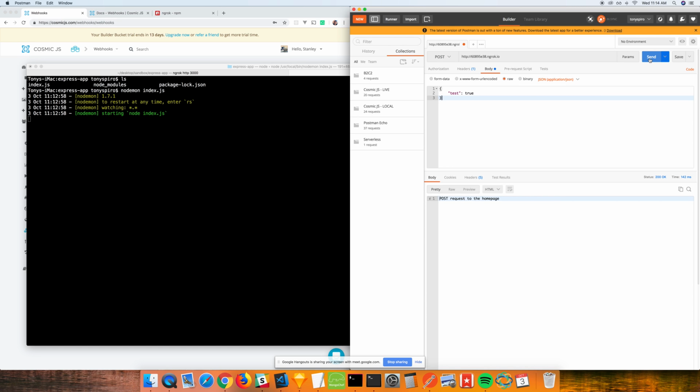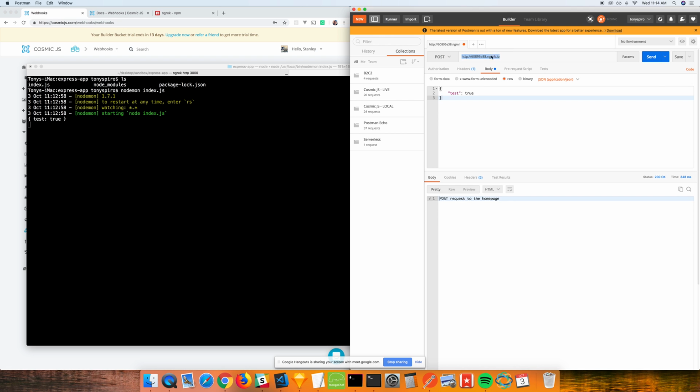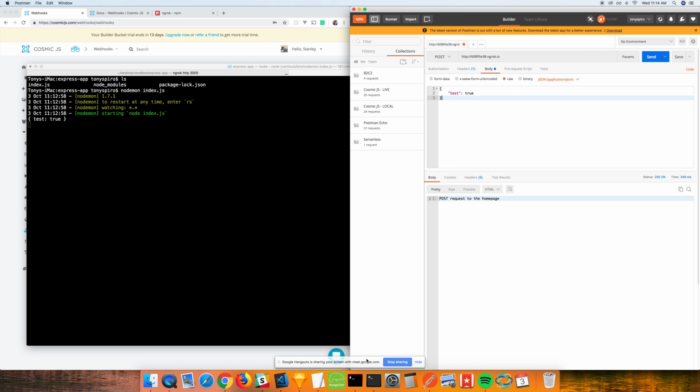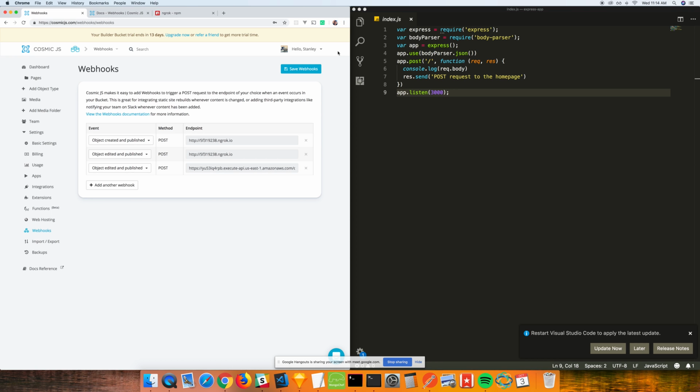I'll go ahead and send the request to this, and as you can see, this ngrok URL is in fact working, and it's sending data to my Node application listener, right? So this is what I'm going to test for our webhook. I'll go ahead and add this to our webhook area in our bucket. And what this does